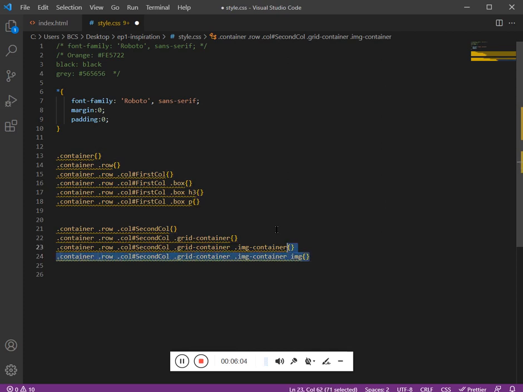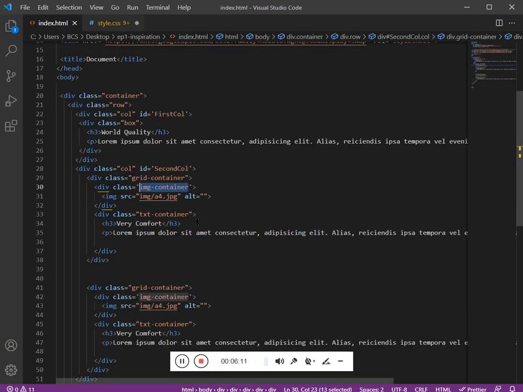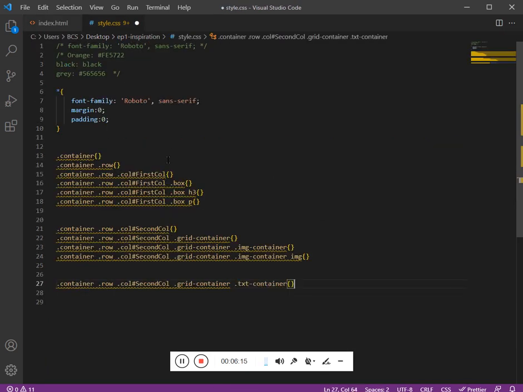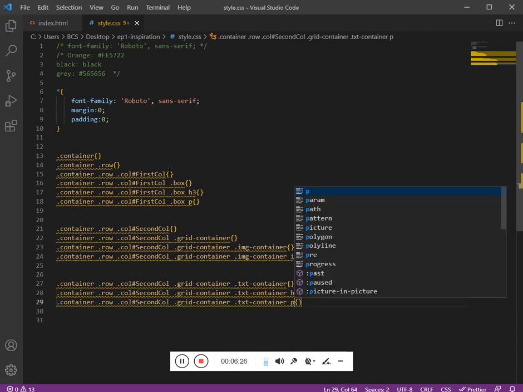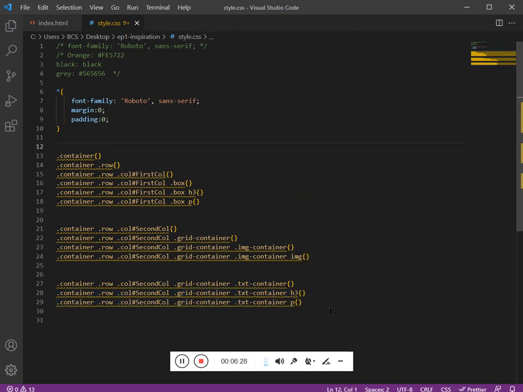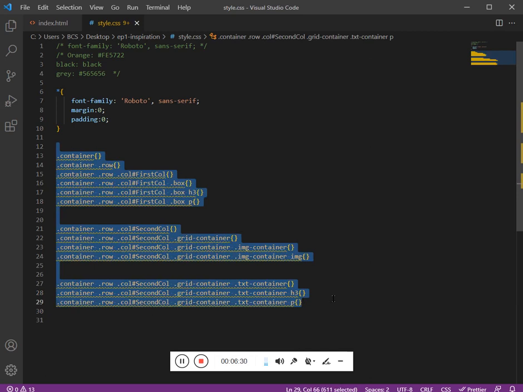And as the sibling for the image container we have text container. And inside the text container we have h3 and paragraph. The reason for writing this hierarchy is to avoid CSS overriding issues.